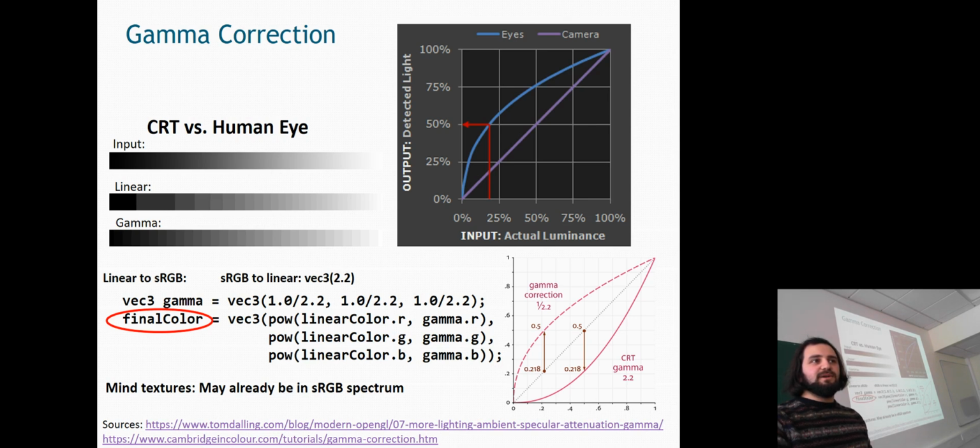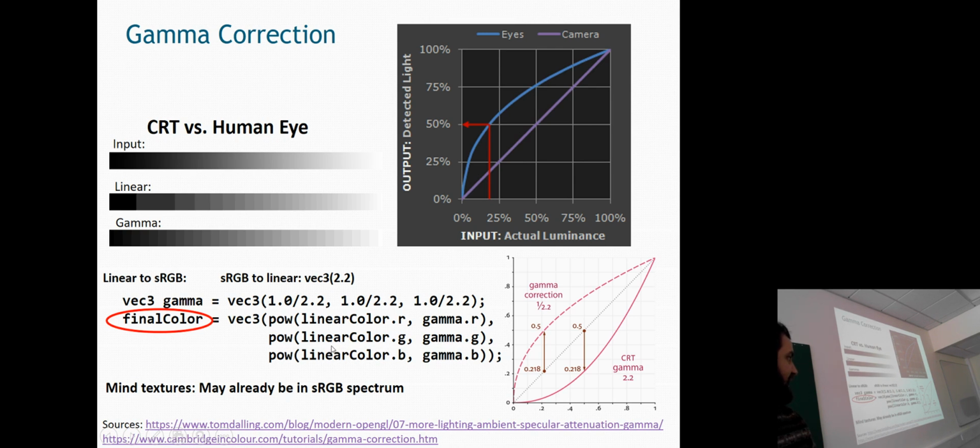So instead of having twice as bright when you increase from 0.5 to 1, we have a 4.5 times increase, and by dividing 4.5 by 2 we get approximately 2.2 as a kind of standard value for gamma correction. And here is the OpenGL implementation where you have 1/2.2 as a vec3,